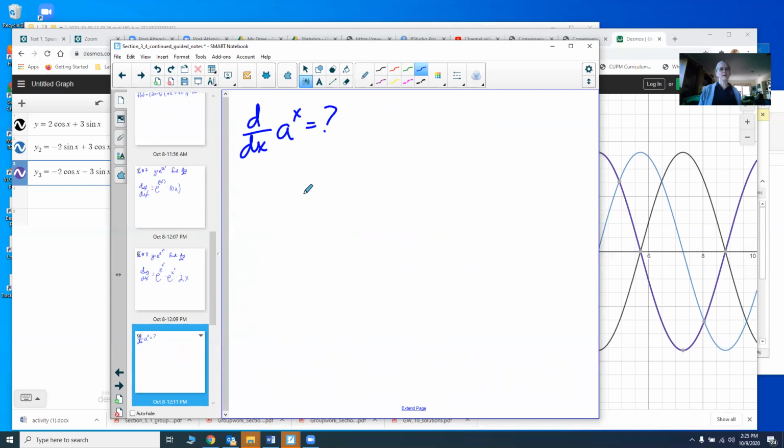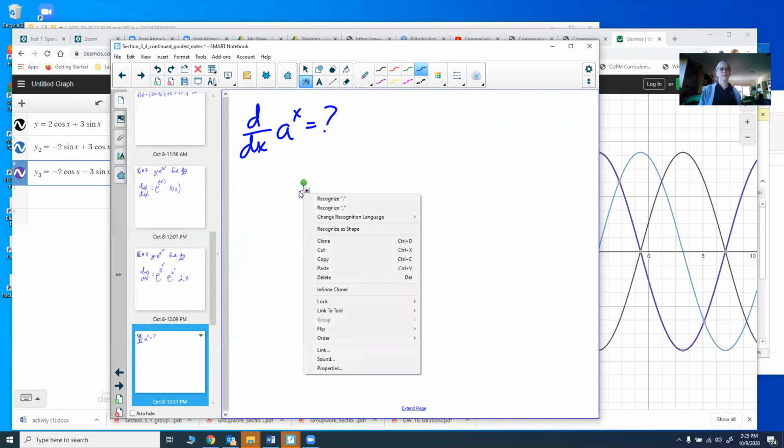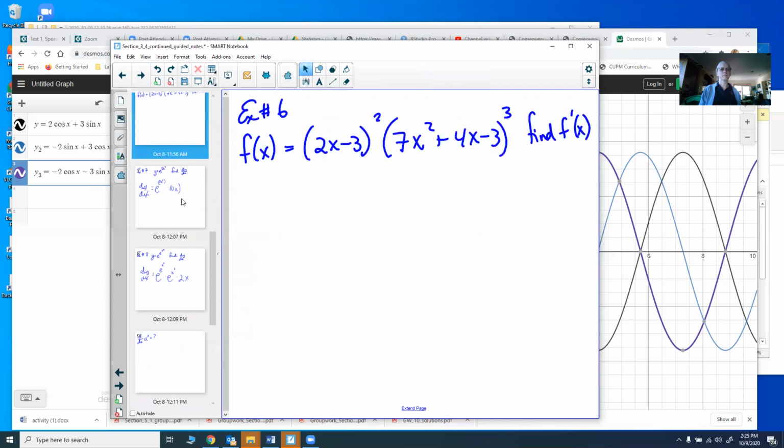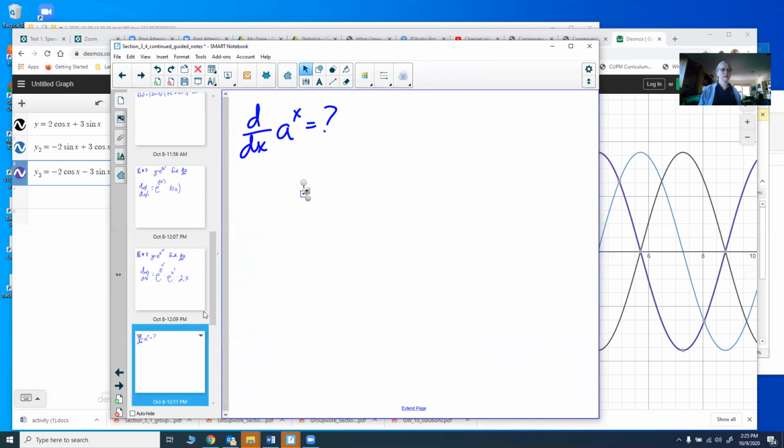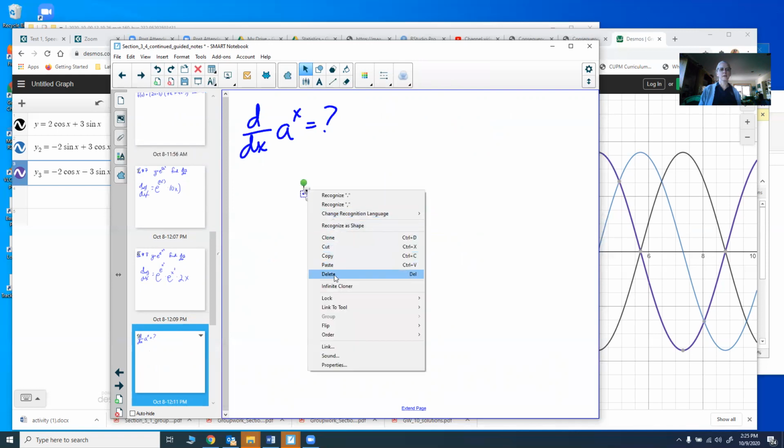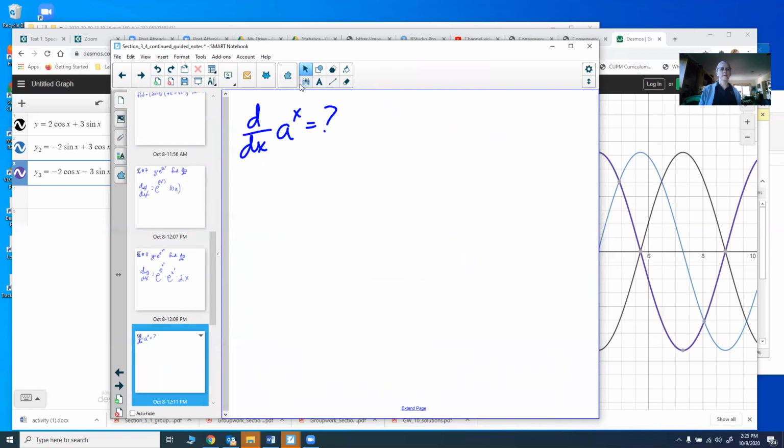Now let's talk about the derivative of a to the x. The derivative of a to the x. We're going to go ahead and think of this as y equals a to the x. So that would give me,